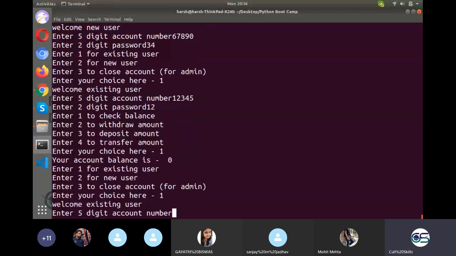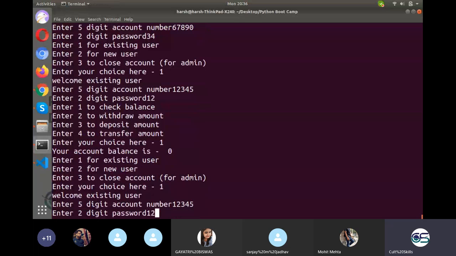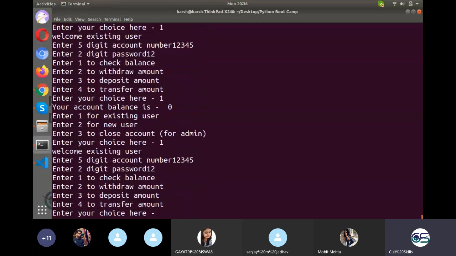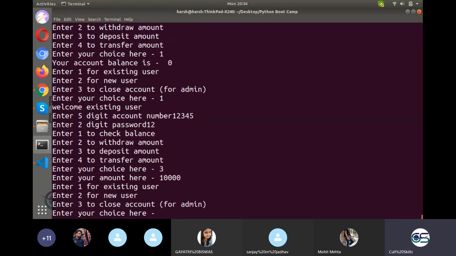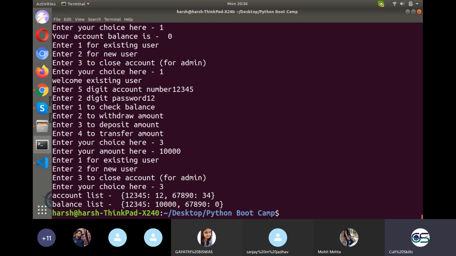Now I'm an existing user with 12345. Password is 12. I want to deposit an amount of 10,000. Okay, now again I'm an existing user. If I close it up, I can see the balance is 12345, 67890 34. These are the PIN and account.